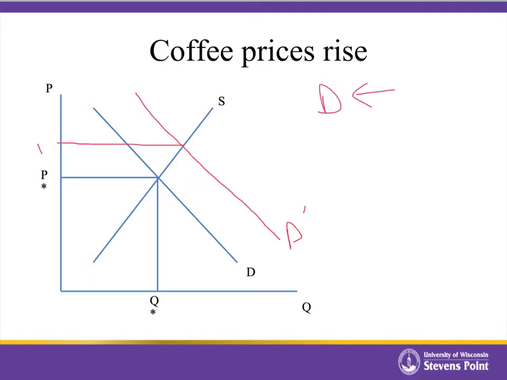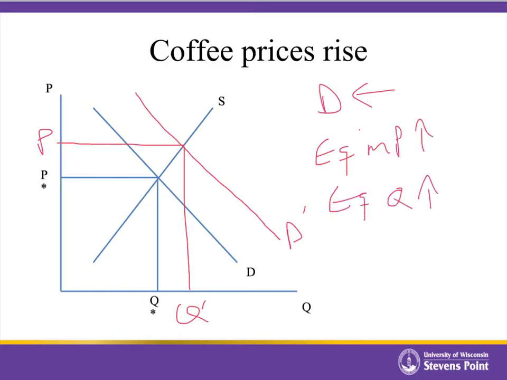The price increases toward the new equilibrium and results in a higher equilibrium quantity than where we started. So the equilibrium price is rising and the equilibrium quantity is also rising. One thing I should mention, I'm not going to have questions that say, tea